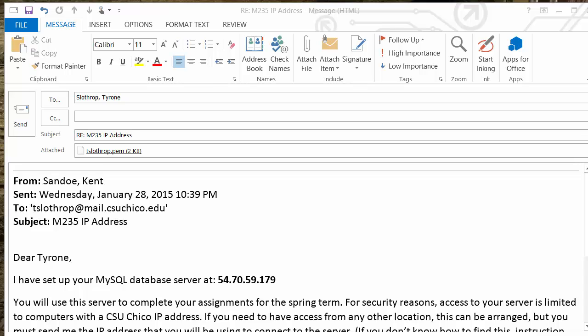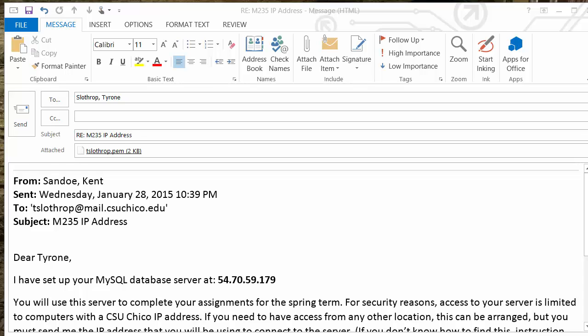This is a tutorial on how to set up your database connection using MySQL Workbench. The assumption is that you have MySQL Workbench installed and running on your computer. If not, I will potentially do an additional tutorial on how to do that at a later time. To begin with,